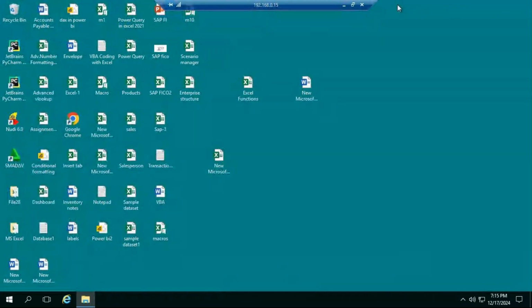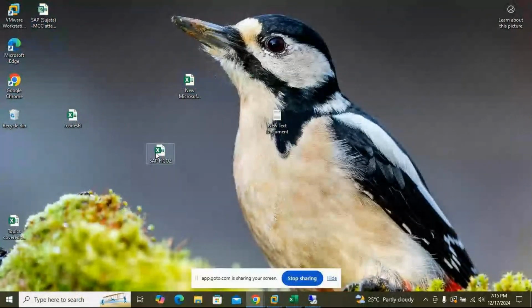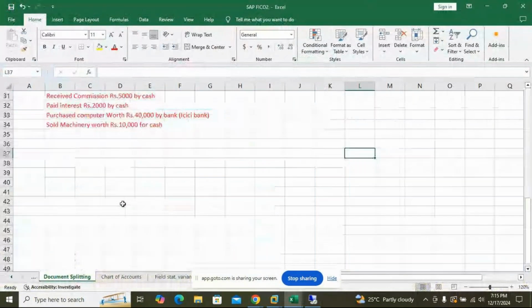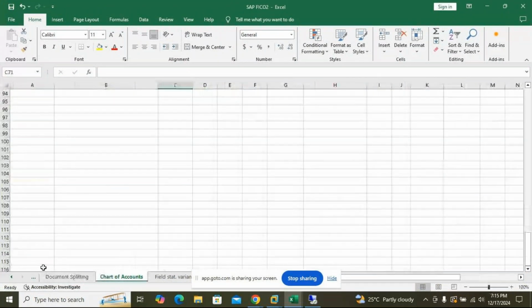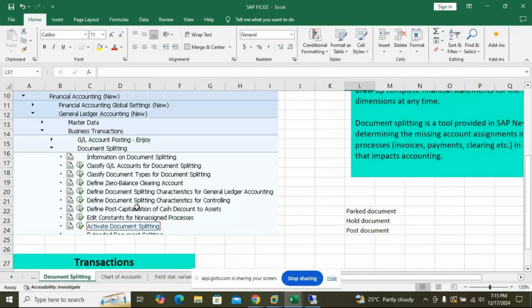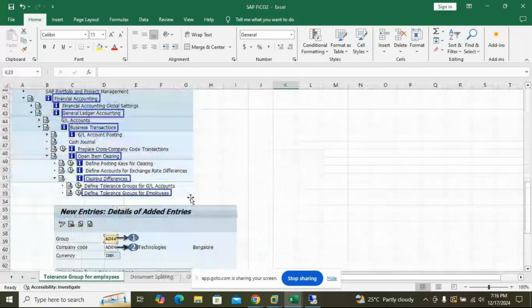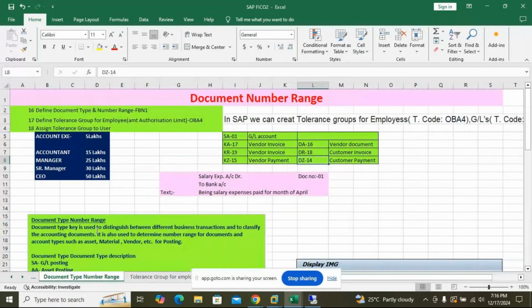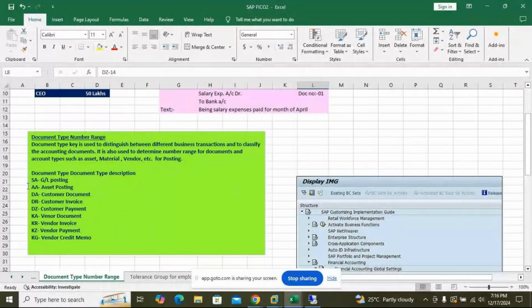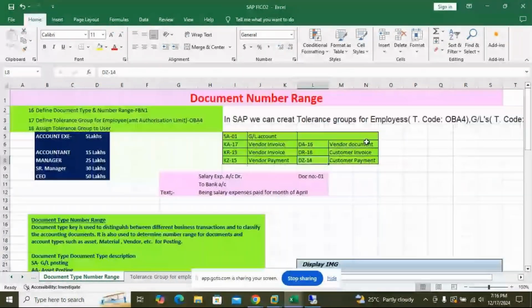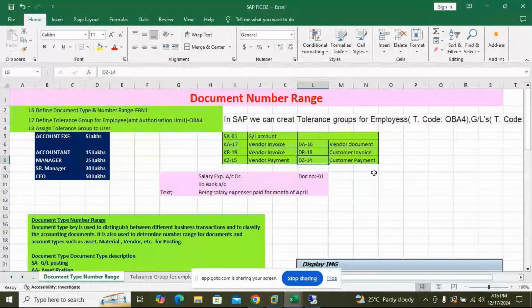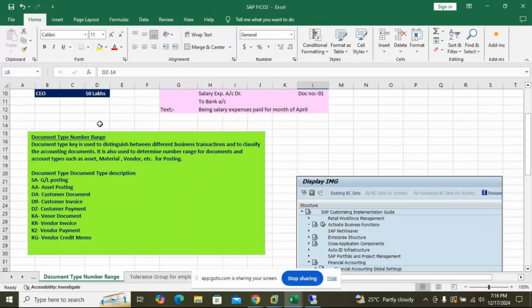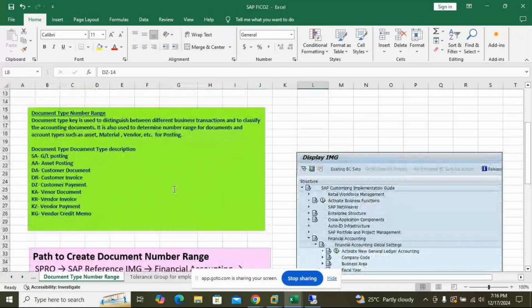Before that, I'll tell you what document types are and how to create them. Document type, students, please make a note. I think you have not done it, but we have created document number ranges, and for this you can write this particular thing, students. I'll show it in the software. Today I'll show you how to create this.